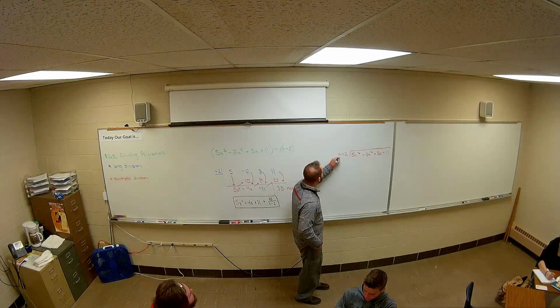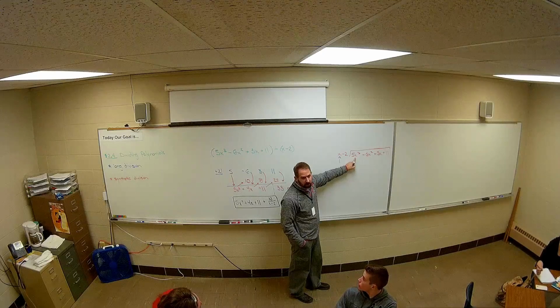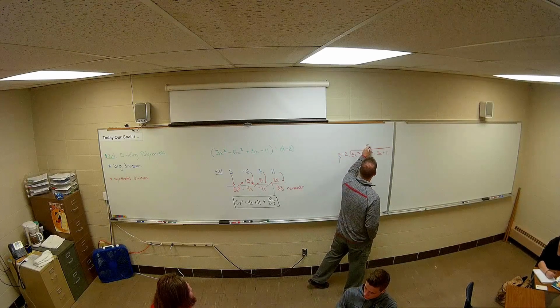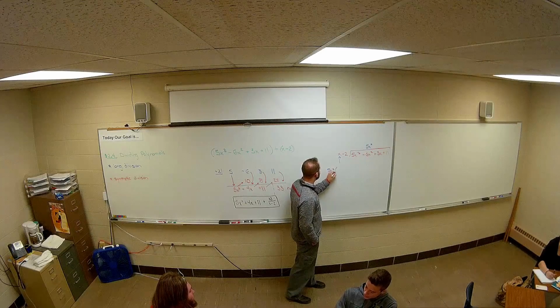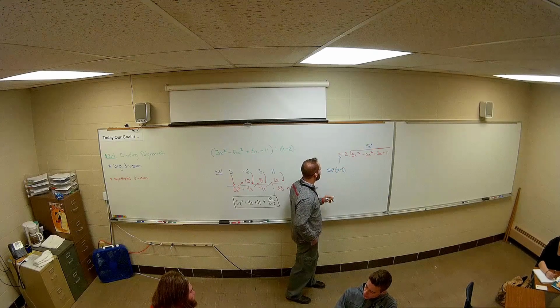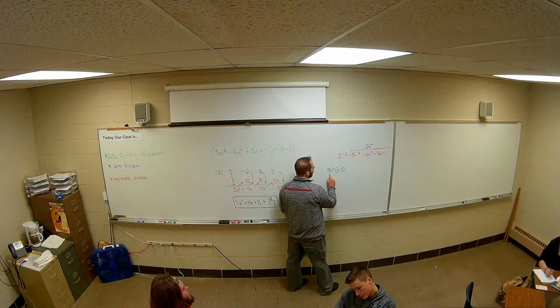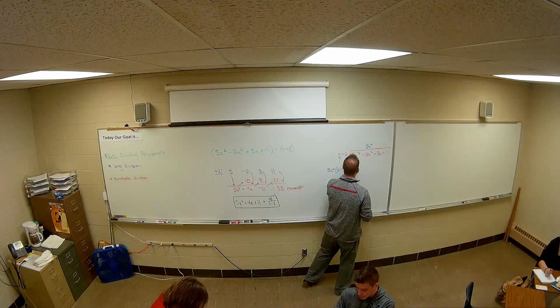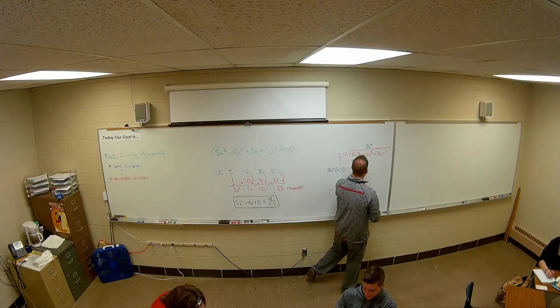What do I take times the x to make a 5x cubed? 5x squared. Yep. So I multiply by 5x squared. That's what I'm going to multiply. So I'm going to take a 5x squared times the x minus 2. That will hopefully get my first item to match this. So 5x squared times x is 5x cubed, so that's good so far. And then 5x squared times negative 2 is a negative 10x squared.